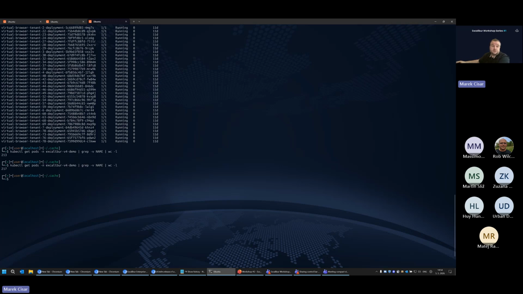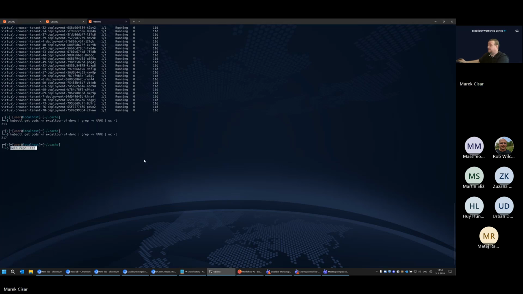Now let's check the list of available repositories on my Linux system. Okay, there are none. So I do not have any Helm chart repositories configured.